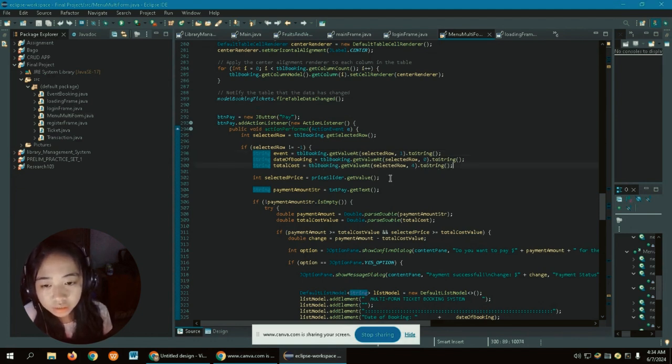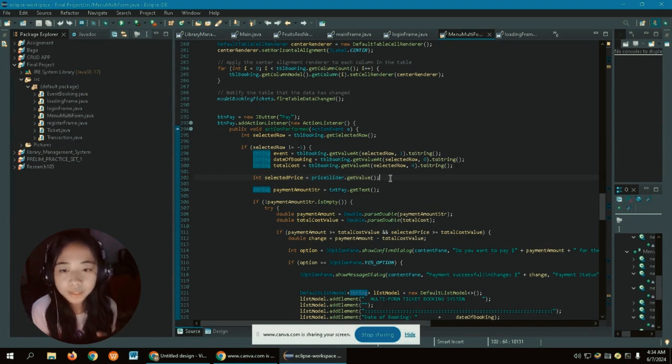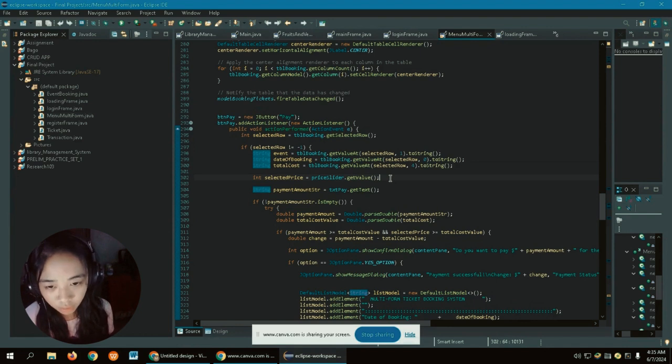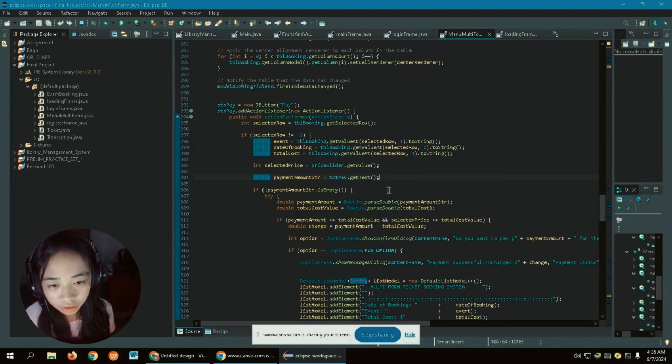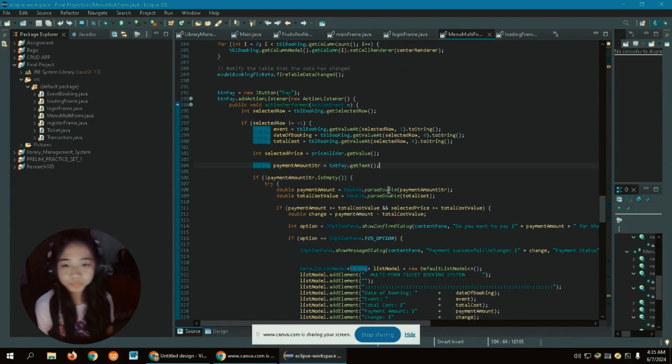And then the price slider, it's like a slider that will represent a value for our program. So this selected price will get the value of the price slider, and then it will get the payment amount of the user.